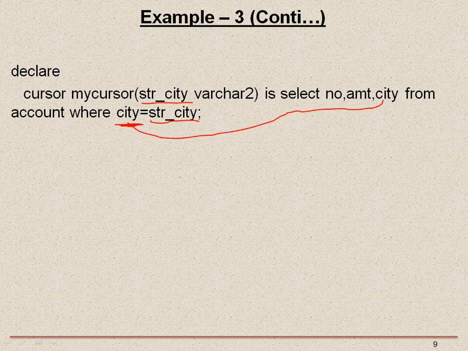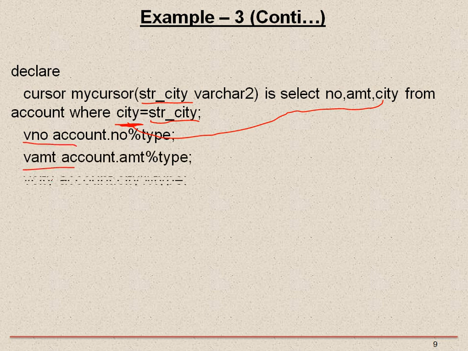Now here are three fields, so three variables we have to declare: first variable for number, second for amount, and third for city, and the three variables using the percentage type.